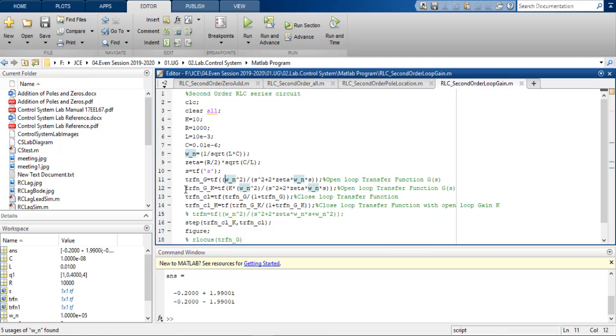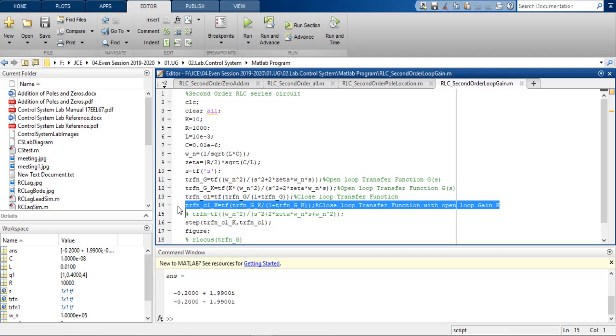Then we are writing Gk that we have discussed. What is this Gk? Gk is nothing but Gs multiplied with this k. So with these two open loop transfer functions, one with k and one without k, we have two closed loop transfer functions, one without k and one with k.